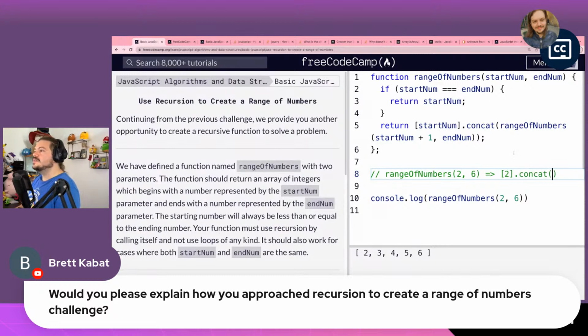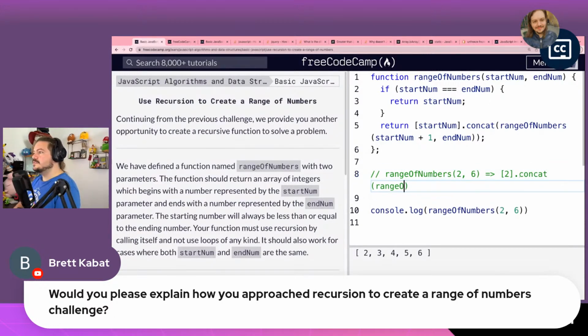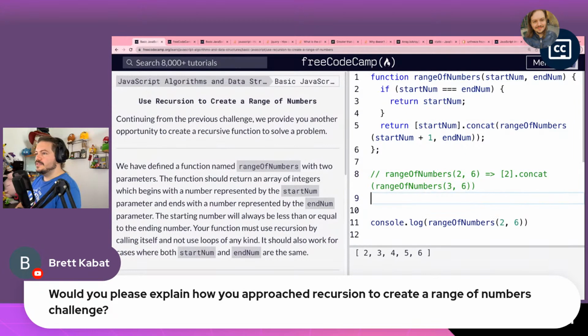Concat rangeOfNumbers of 3 and 6. Then I'll look at what rangeOfNumbers 3 and 6 do, which is return 3